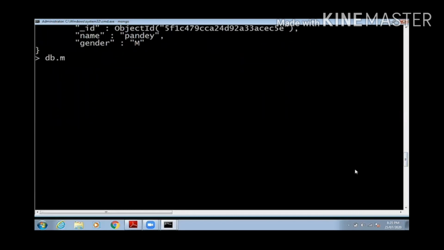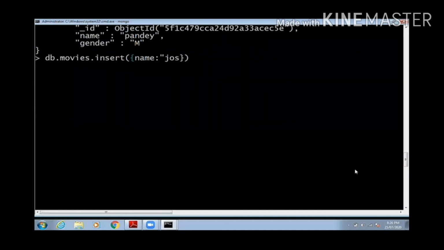So I am using the collection name as movies, which I didn't make earlier. Okay, db.movies.insert. This will automatically create the collection called movies and will insert my document inside that collection. Okay, so the key is name and the value is Josh, then comma for the next field or for the next column.